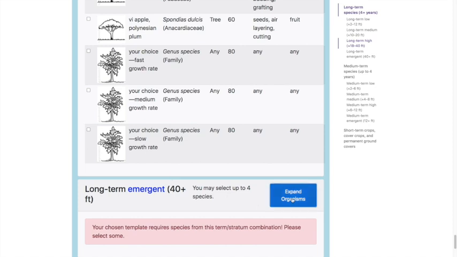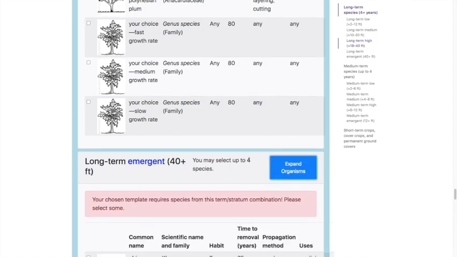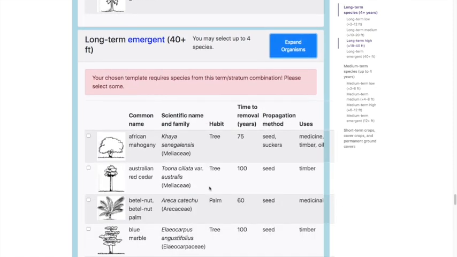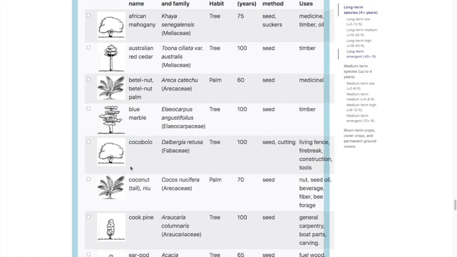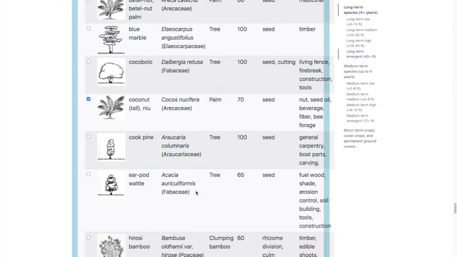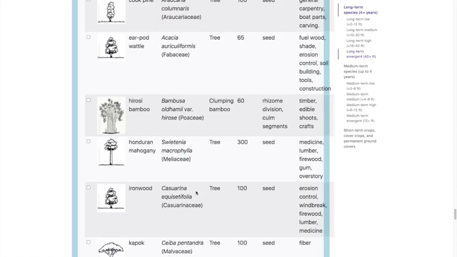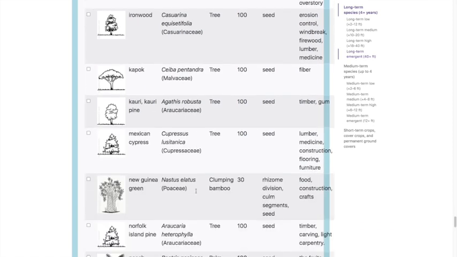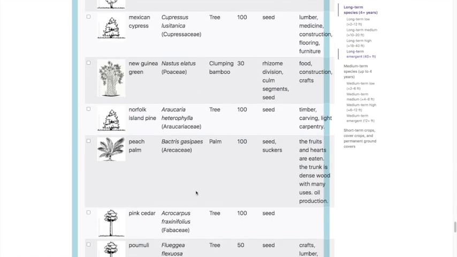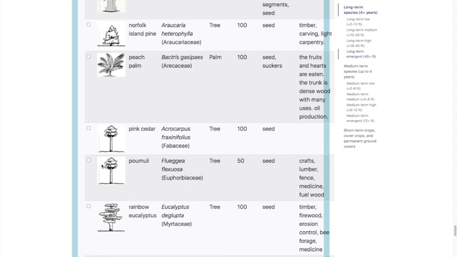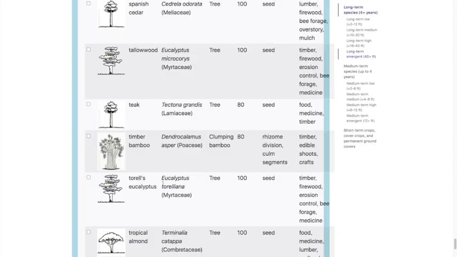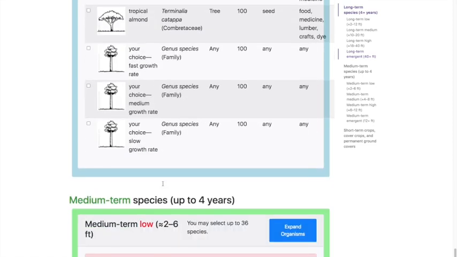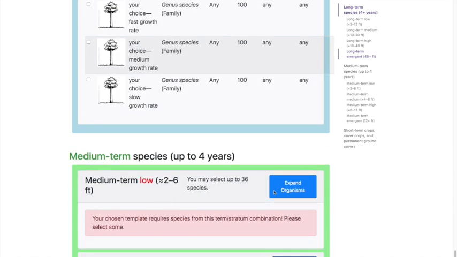Okay, and now for the emergent. So we can select up to 4 of these if we wish. However, to keep this simple, I am going to just do this and boom lily. I think that's more or less what Craig had in the image.